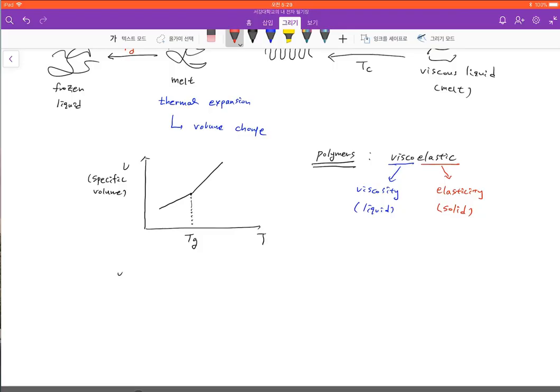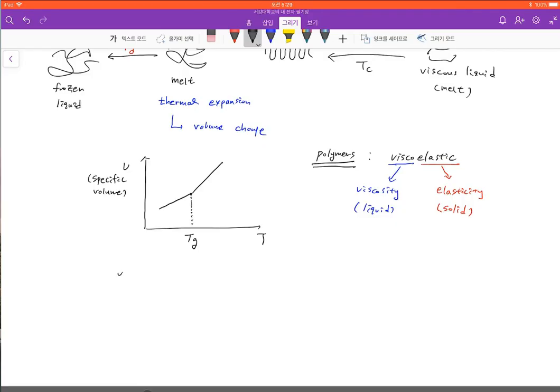So polymers, interestingly, exhibit both liquid-like and solid-like characteristics. The interesting thing about this viscoelastic property of polymer is that it depends on the experimental rate,